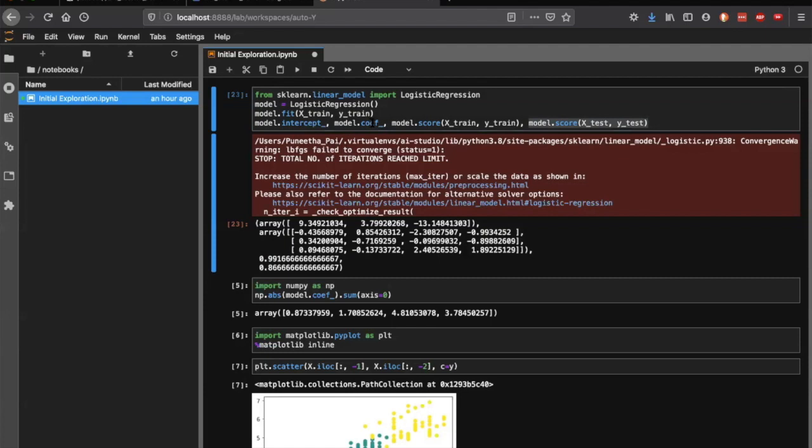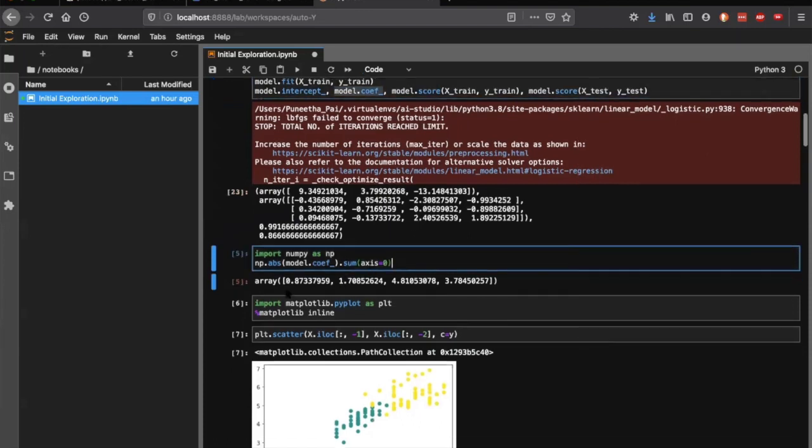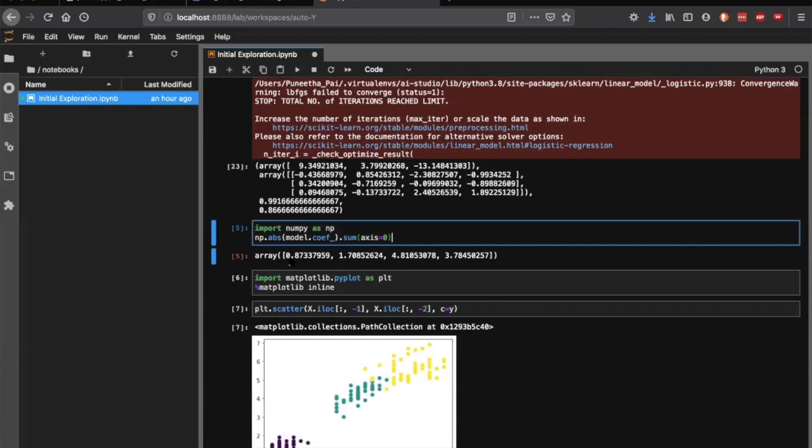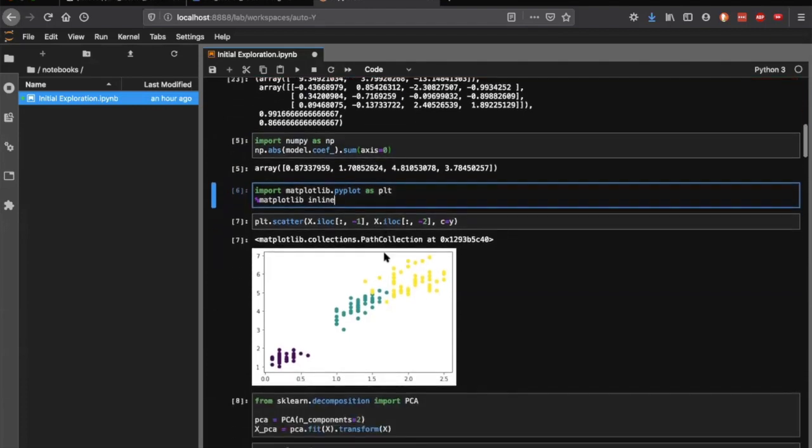You can print the coefficients with which each feature is weighted. If you add them up, you can get the weightage for each feature. You can see that the last two features had more weight compared to the first two features. That kind of signifies that it's enough to keep only two features to train the model. The other two features are not so important.